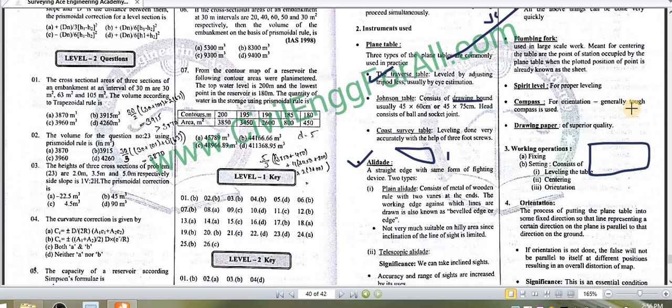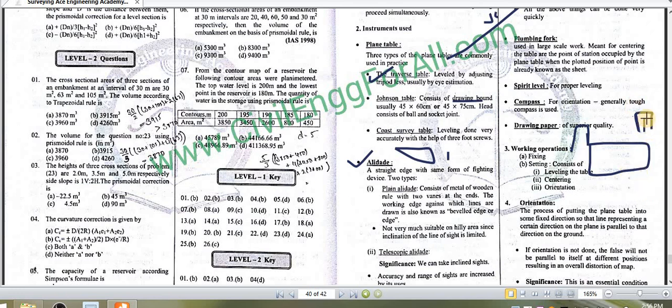On the front side it is provided with the object vane, and at the bottom side it is provided with your sighting vane. So why is the alidade provided? On the front side where it has been provided with the object vane, it has been provided with a crosshair. So what you have to do is keep your alidade on the table and bisect the object which is required to be marked. You will have to match it with your crosshair.